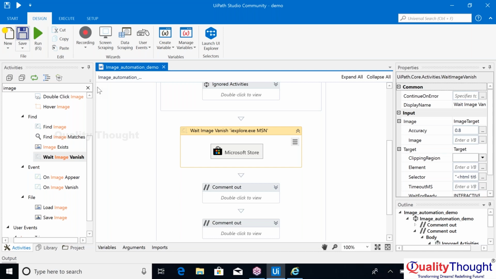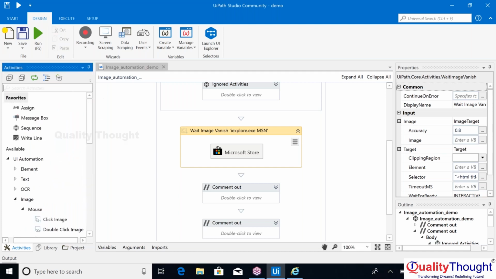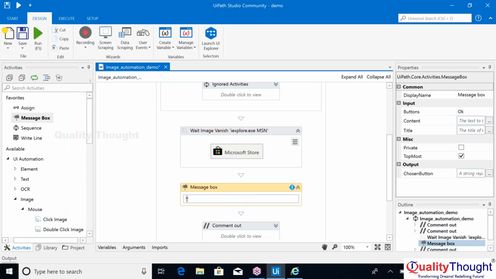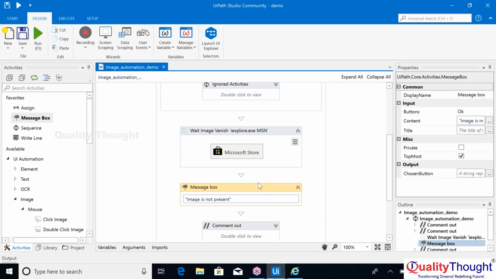So now let me save this and have a message box. Image is not present, right? So we have a small message box which says the image is not present, but this activity will execute